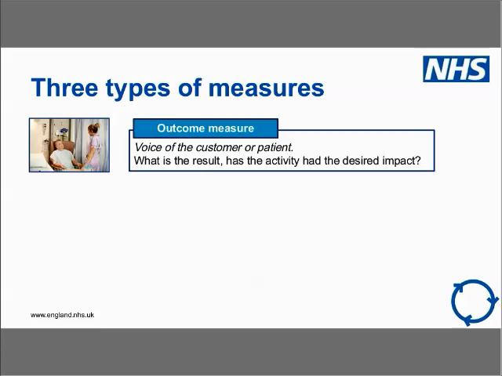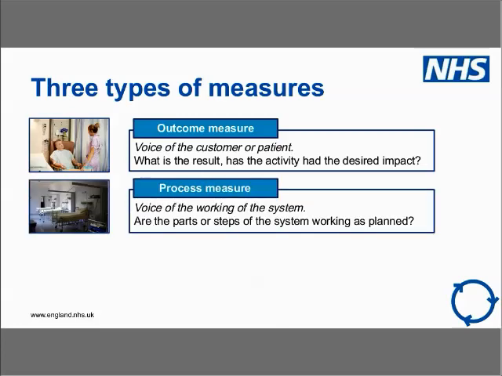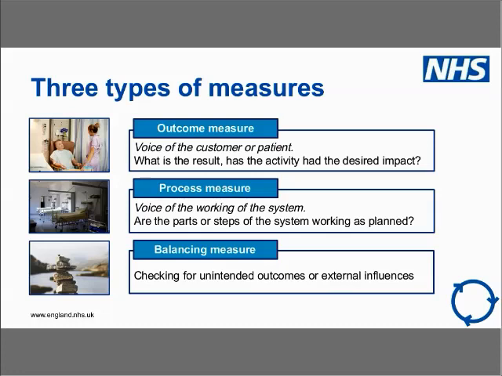The next type of measure is a process measure, something that's telling us about how the system or process works. So what process steps or what bits of the process need to work, and how do they need to work better to deliver the outcome. And then the third type of measure is what we call a balancing measure. So keeping an eye on things that could happen as unintended outcomes or unintended consequences as a result of the